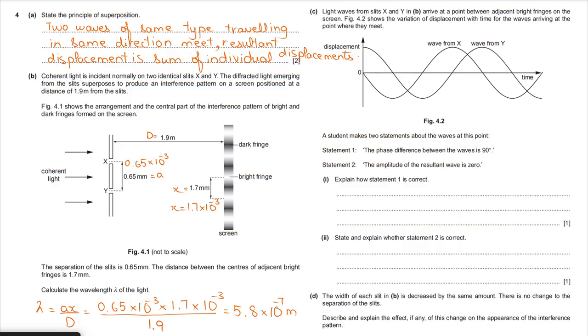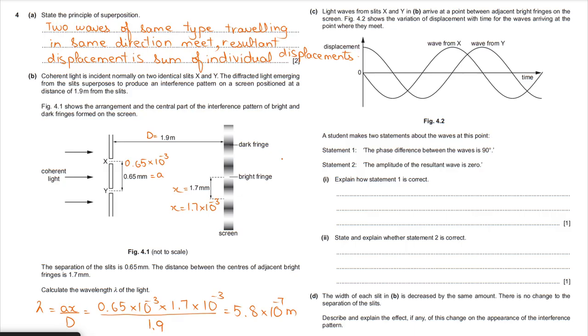Statement 2 is the amplitude of resultant wave is 0. Okay? So explain how statement 1 is correct. So if we look at these two waves, wave X and wave Y,